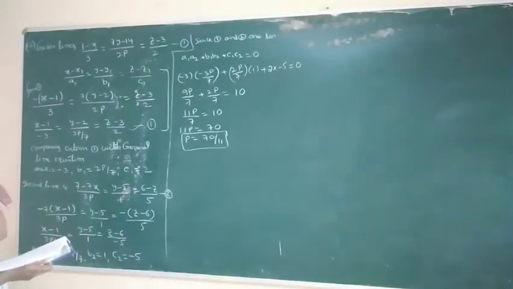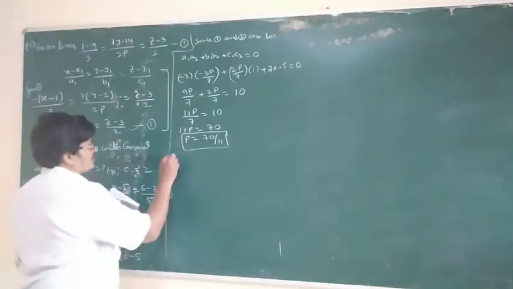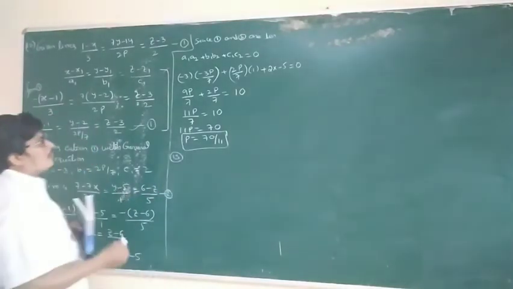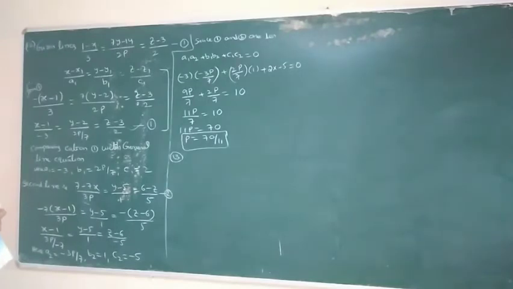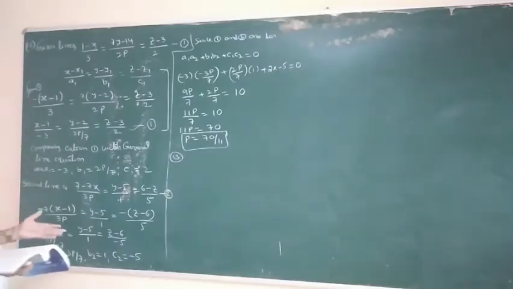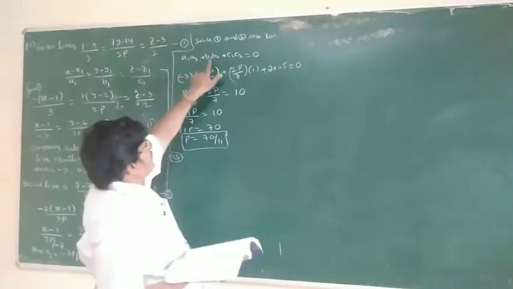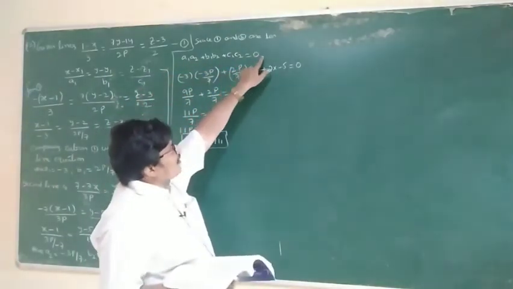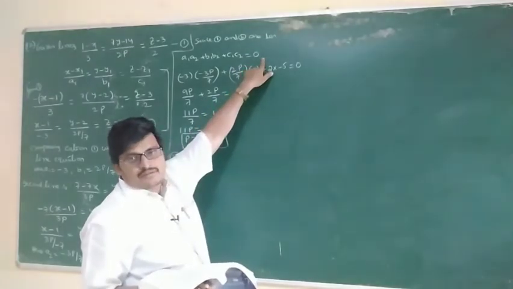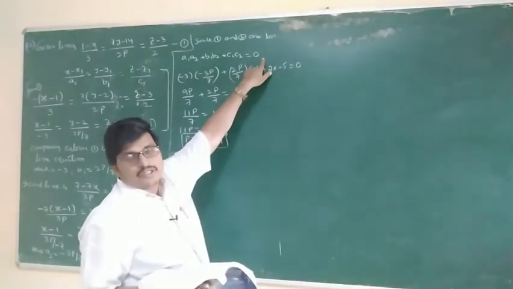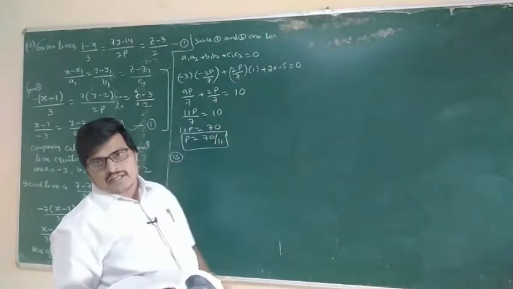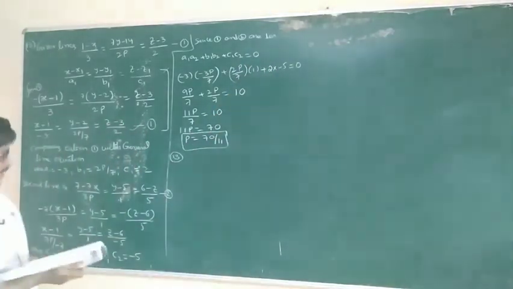Next, same 13th problem also. The 12th problem is these two lines are perpendicular, find the value of P. The 13th one is show that these two lines are perpendicular. Same procedure: A1 A2 plus B1 B2 plus C1 C2, don't take it as not 0. We have to prove it equal to 0. Okay, clear? Next,